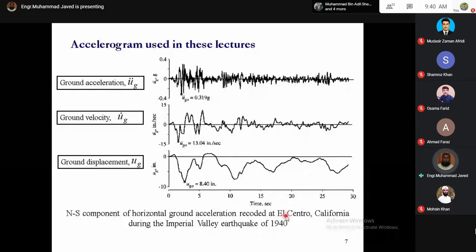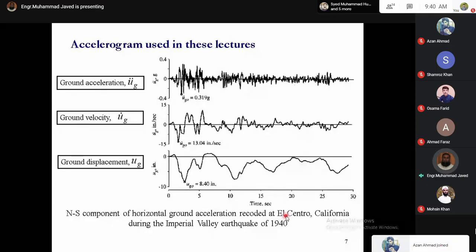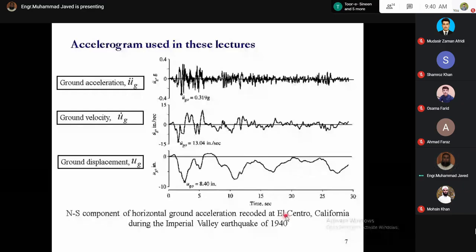इस रिकॉर्ड में मीडियम फ्रीक्वेंसी की वेव्स भी थी, शॉर्ट फ्रीक्वेंसी की भी वेव्स थी और लो फ्रीक्वेंसी की वेव्स भी थी। तो इस किस्म के अर्थक्वेक का डैमेजिंग इफेक्ट ज्यादा होता है और ज्यादा स्ट्रक्चर को मुतासिर कर सकता है। फॉर दैट रीजन हम एल सेंट्रो 1940 ग्राउंड मोशन रिकॉर्ड यूज करेंगे।